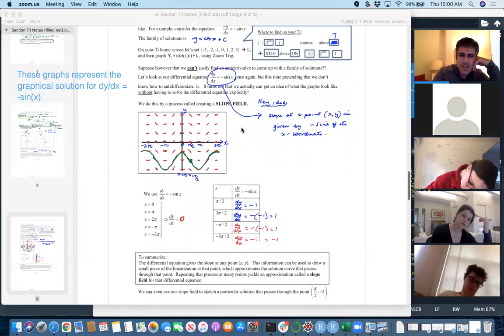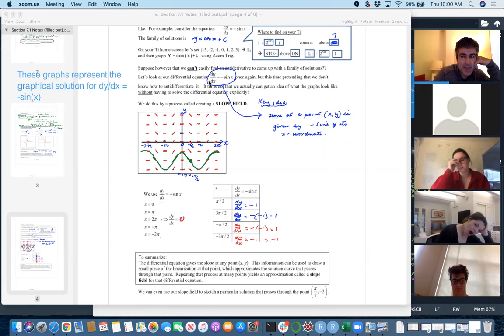Well, the key idea is this. You take the slope at some point on the coordinate plane. dy over dx is the slope of your original equation, right? Isn't dy over dx the slope of a tangent? It is, at a particular x coordinate. So what you would do, and actually let me